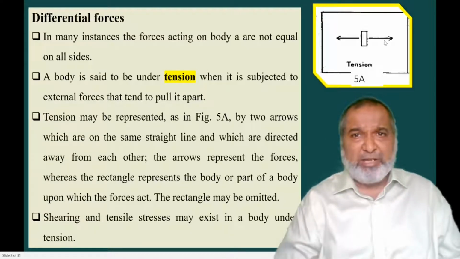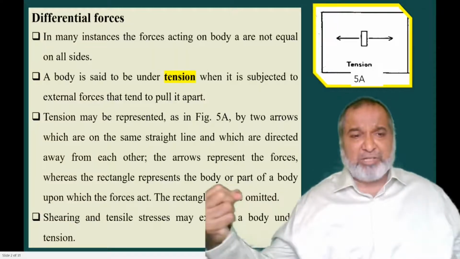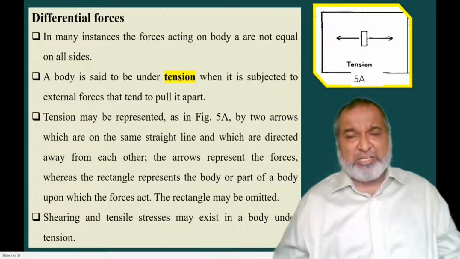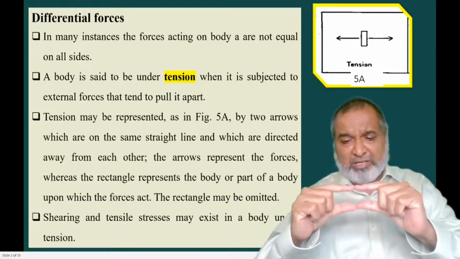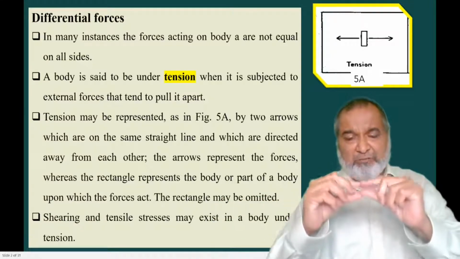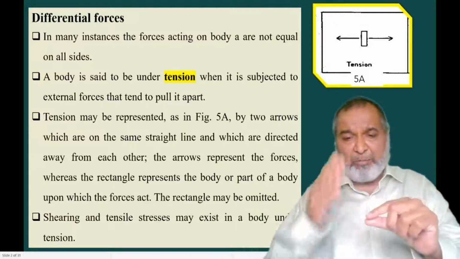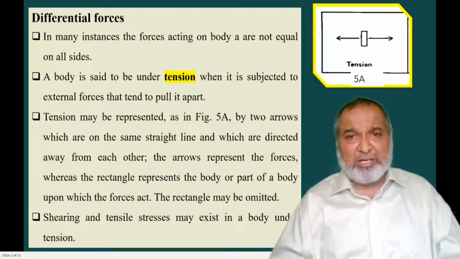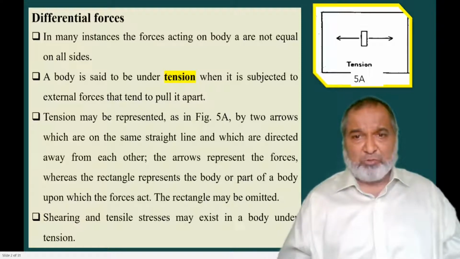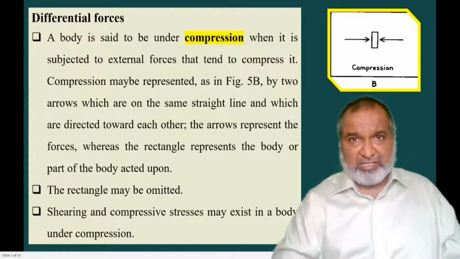So when a body is under tension, it is subjected to stress. The body is stretched, and due to the stretching, what is happening? The thickness goes on reducing. Lengthening will increase, and width is going to reduce. Ultimately, perpendicular to that, a joint or a rupture takes place. So that is what we call the tensile stress.